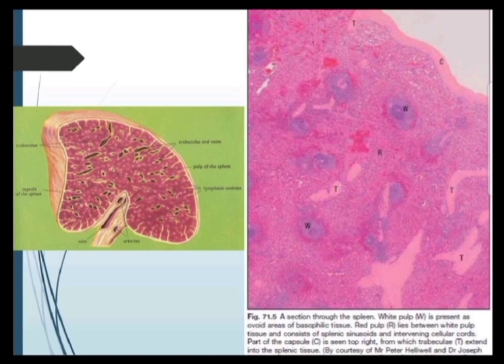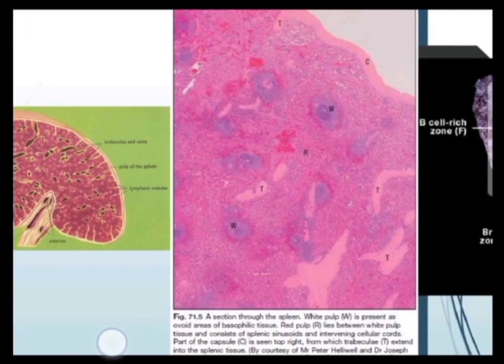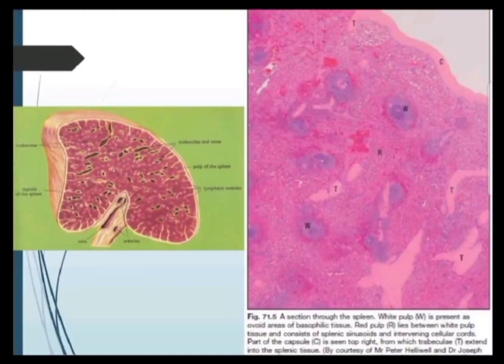In this slide you can see the red pulp and the white pulp, the circular collection of lymphocytes in the form of lymphatic nodules, which contain an arteriole passing through the lymphatic nodule, eccentrically placed, the central artery. Always the Malpighian corpuscle is recognized. The difference between the splenic nodule and the lymphatic nodules of the lymph node and other lymphatic organs is the presence of this central arteriole, the central artery.